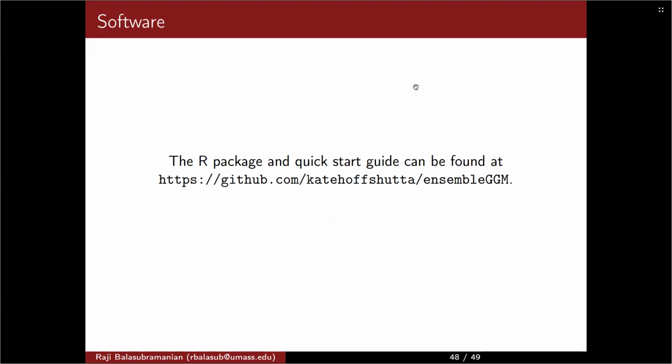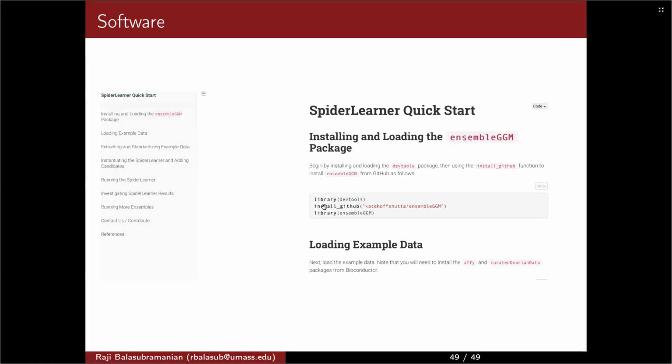We have a software package that Kate has in her GitHub repository, so if you're interested in trying it out, please do check it out. Kate has also put a lot of thought into developing a very well thought through manual and user guide, so hopefully that's enough to get started. If you have any questions, or interest in learning more or applying this, we would of course very much welcome your